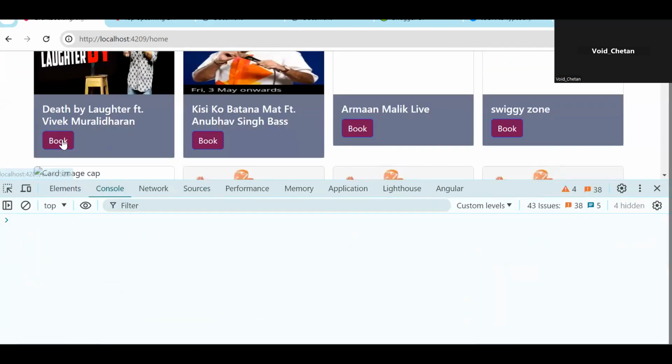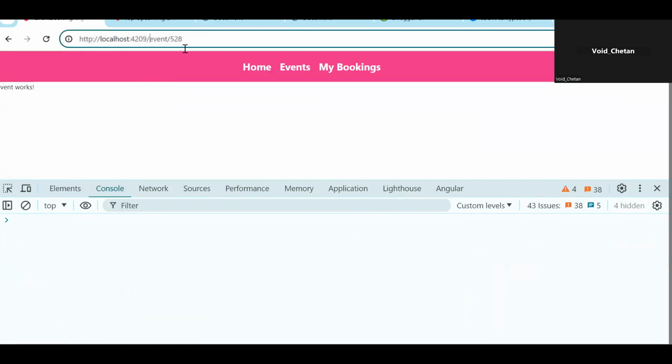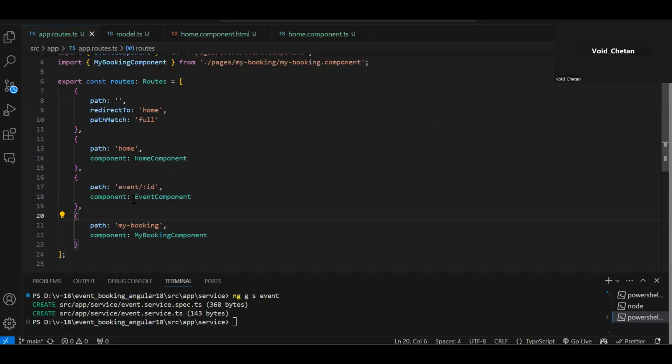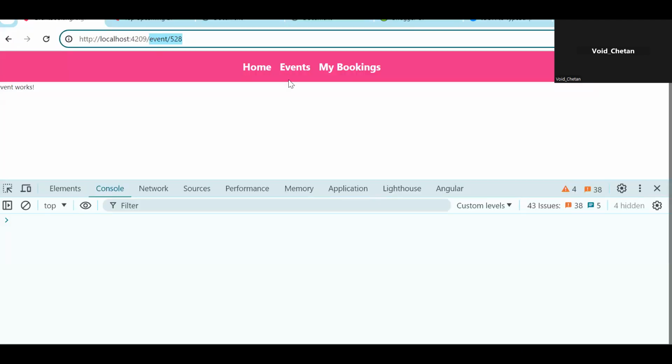Now if I click on book, yeah, so now you can see we are successfully navigating. So first you need the slash, then the colon. So make sure you also don't mistake this. Now, whatever the event we click on book, with that we are able to successfully navigate